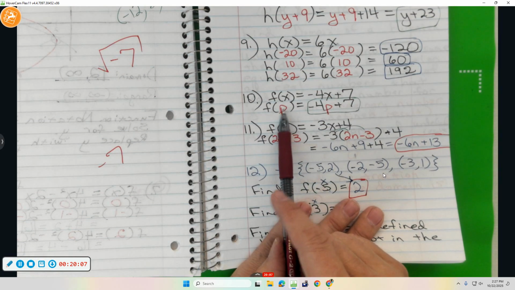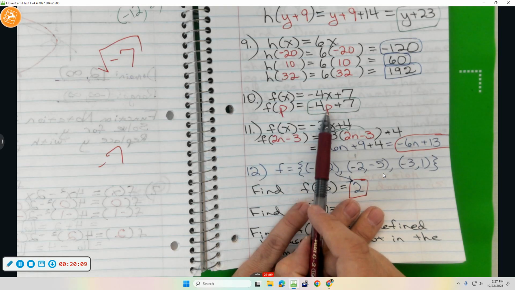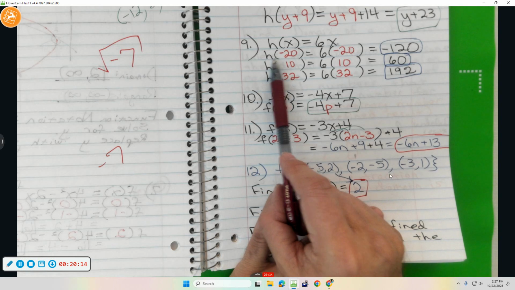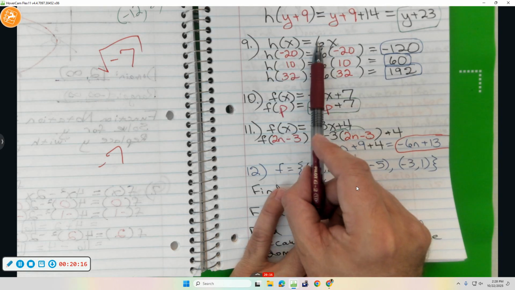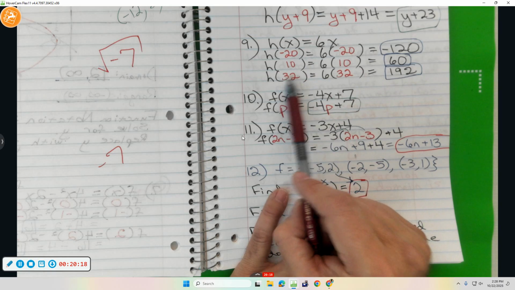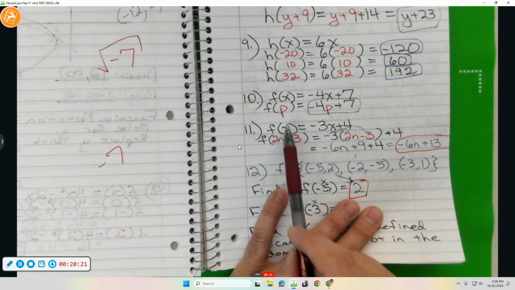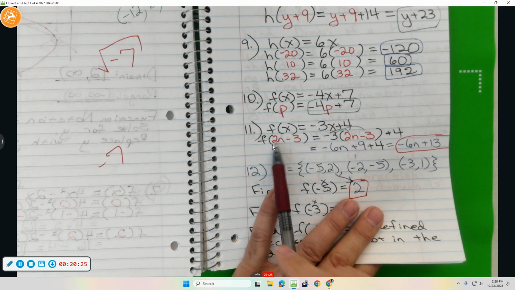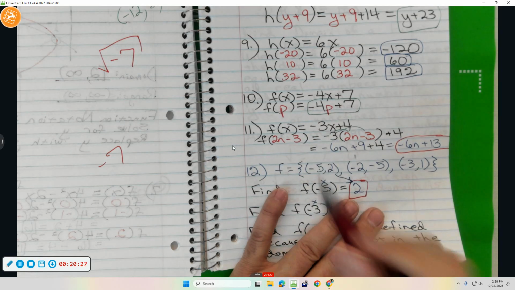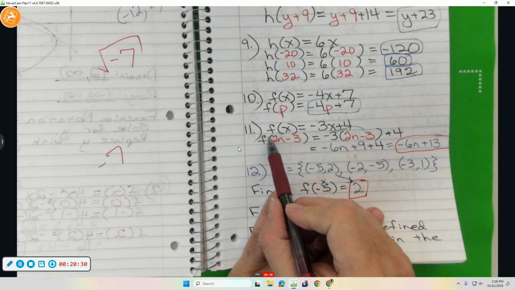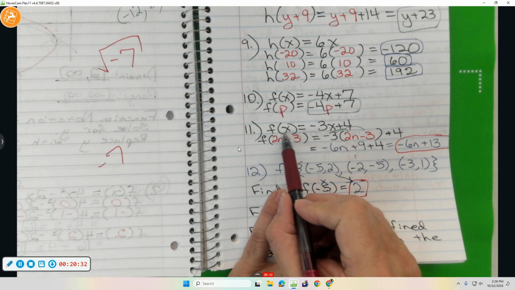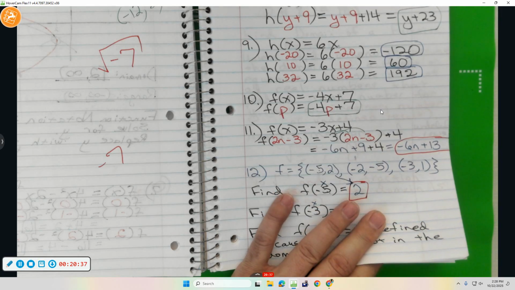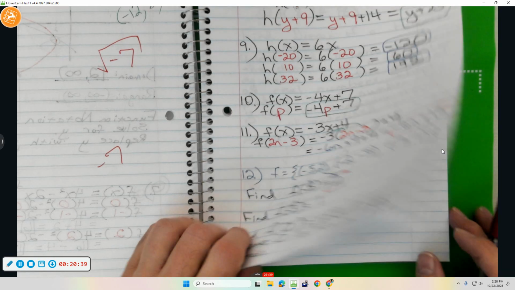With function notation, whatever's in the parentheses, you plug it in for x. So if you're trying to find like h of negative 20, then it's 6 times negative 20. If it's a number, you just plug it in. If it's just a single variable, you just replace it. But it says number 11 that I wanted to look at. No matter how messy or strange it is, whatever's in the parentheses, you plug it in for x. With that in mind, number 2,